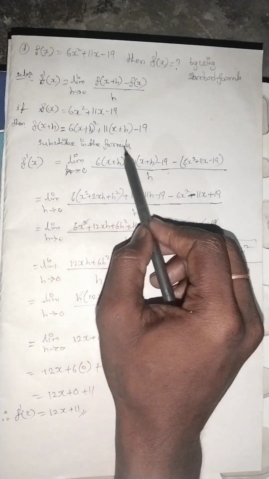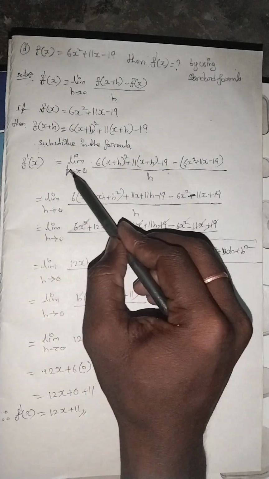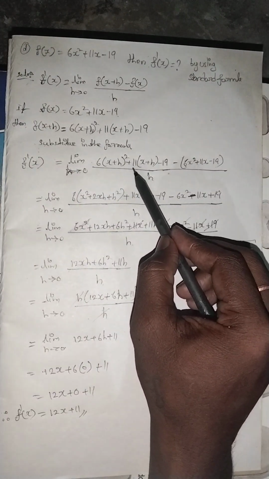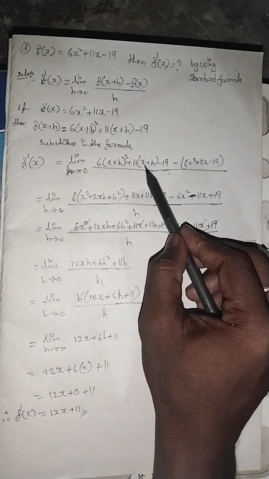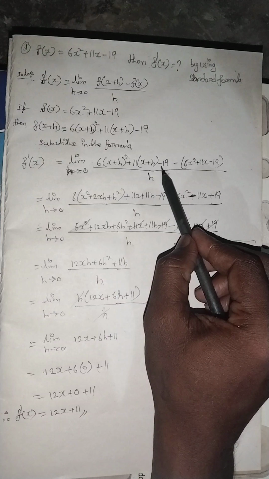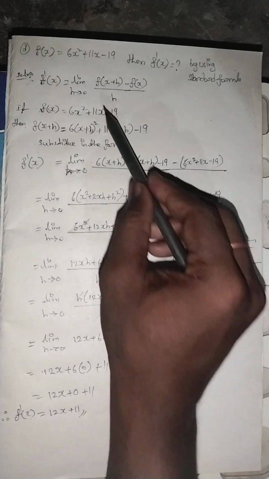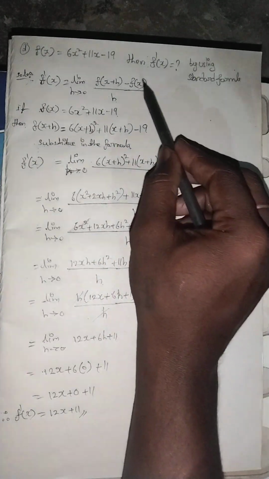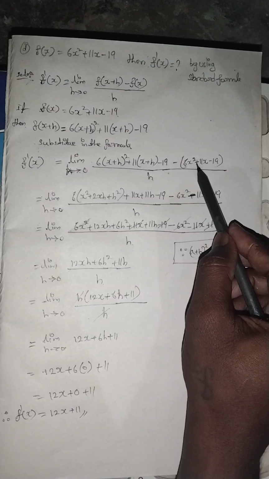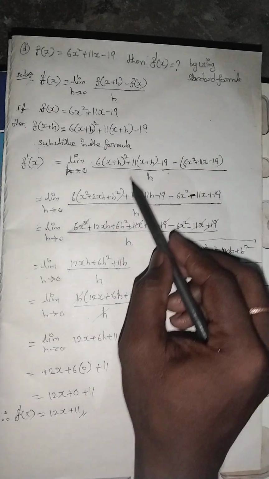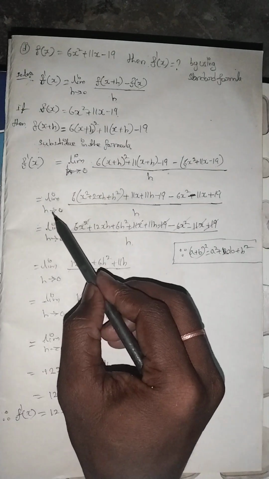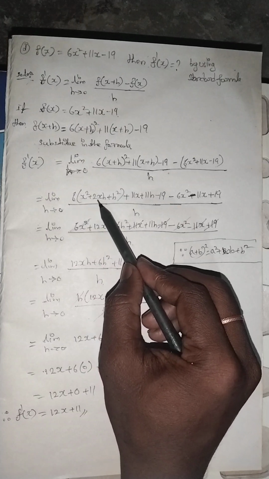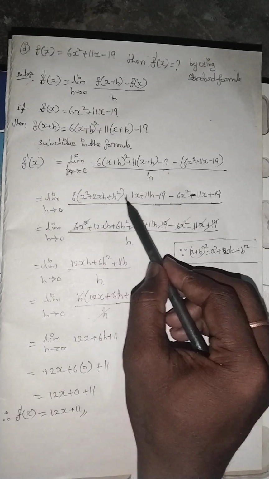substituting in this formula. f dash of x equal to limit h tends to 0 of 6 into (x plus h) square plus 11 into (x plus h) minus 19. This is f of x plus h, minus this is f of x, 6x square plus 11x minus 19, by h. Limit h tends to 0, 6 into x square plus 2xh plus h square plus